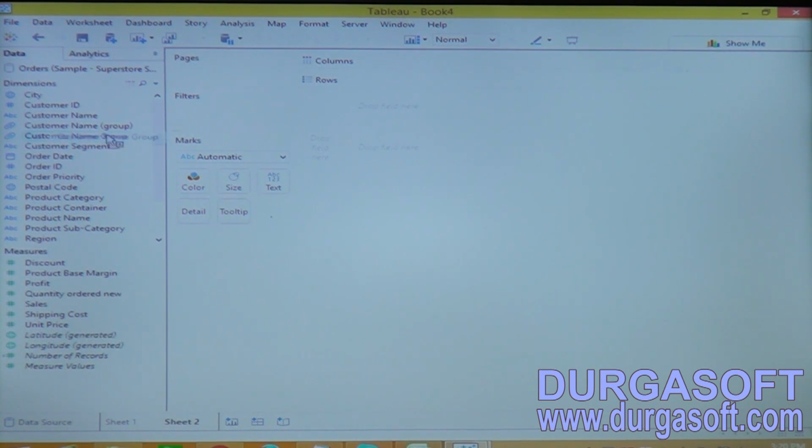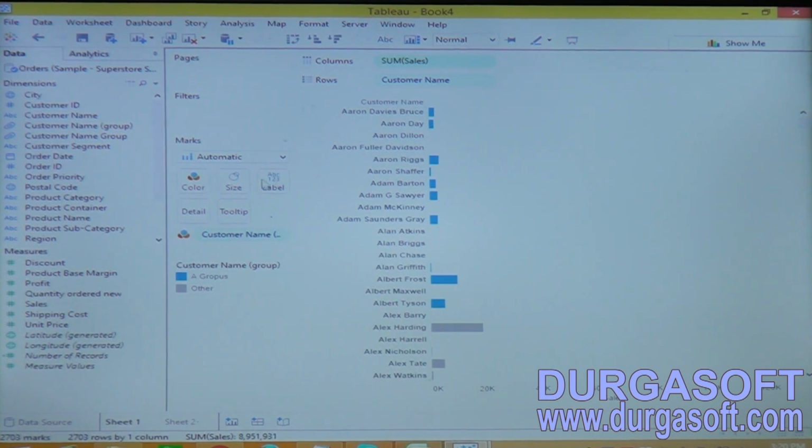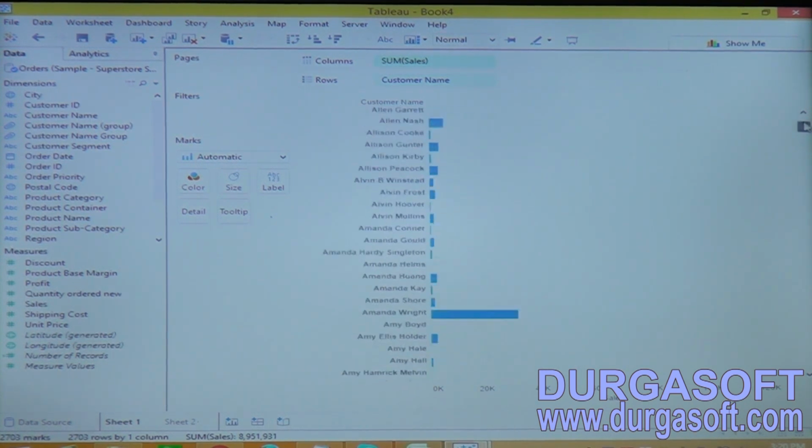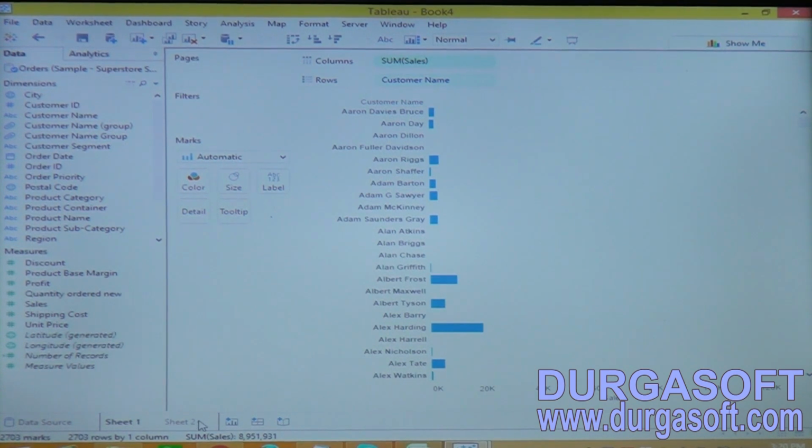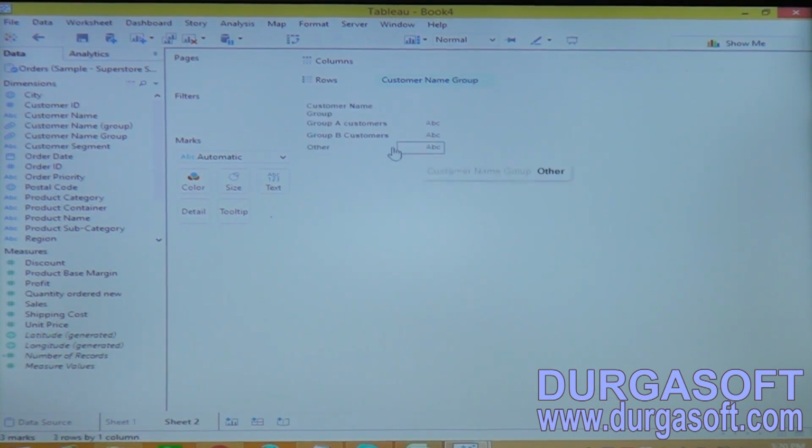Now if I drag my customer name group, it is displaying like this. Now we don't have a list of members like sheet 1. Here we have a list of the groups, instead of the dimension members, and we are observing groups like group A, group B and Others customers.